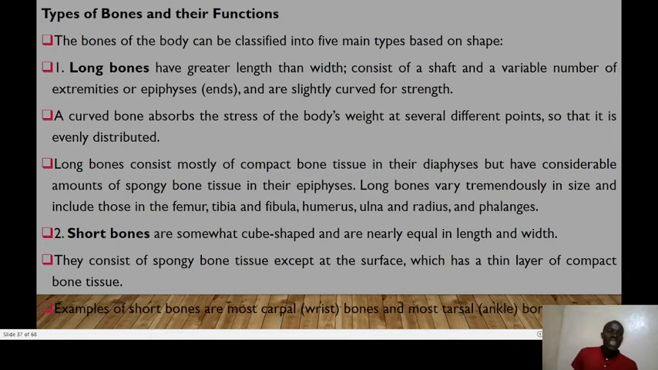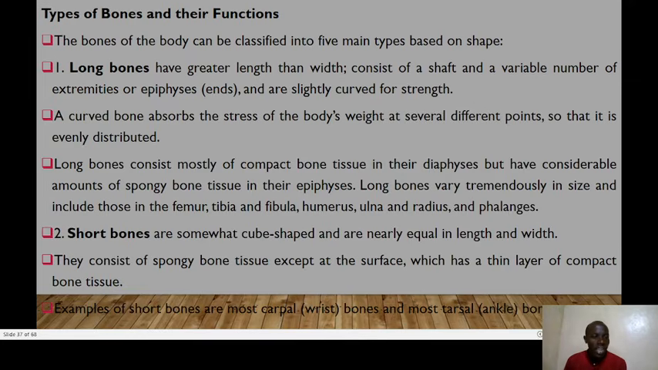What are the different types of bones and their functions? The bones of the body can be classified into five main types based on shape. Number one, you have long bones. They have greater length than width, and they consist of a shaft that we refer to as a diaphysis and a varied number of extremities or epiphyses, the distal and proximal ends, and are slightly curved for